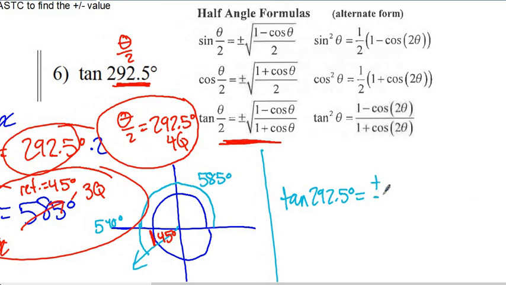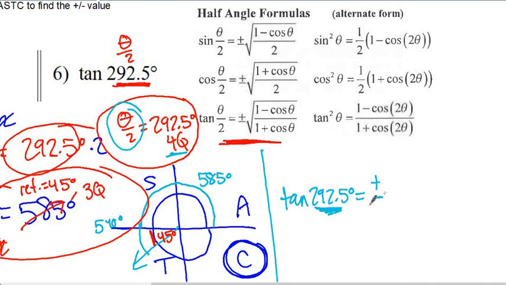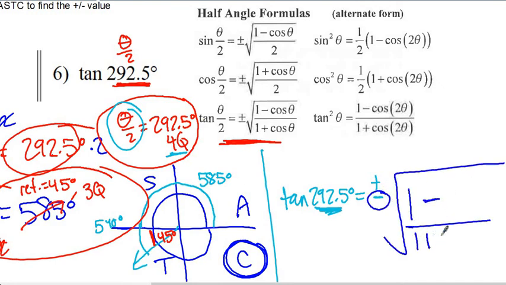It's plus or minus, and actually let's decide right now what it is. We're at 292.5. That's theta over 2. That's the 4th quadrant. In the 4th quadrant, what is tangent? Tangent in this quadrant is negative. So we're going to pick the negative of that, and then we have 1 minus, and then 1 plus